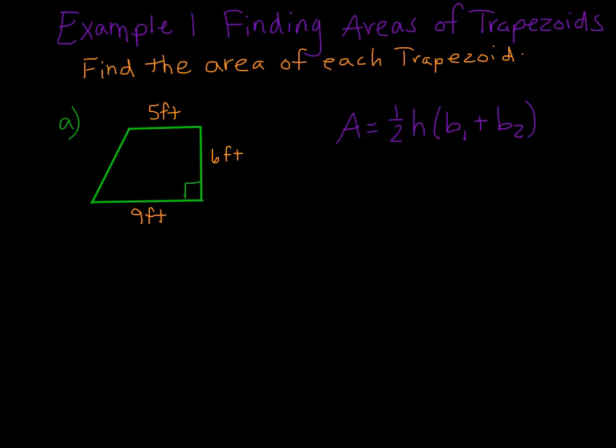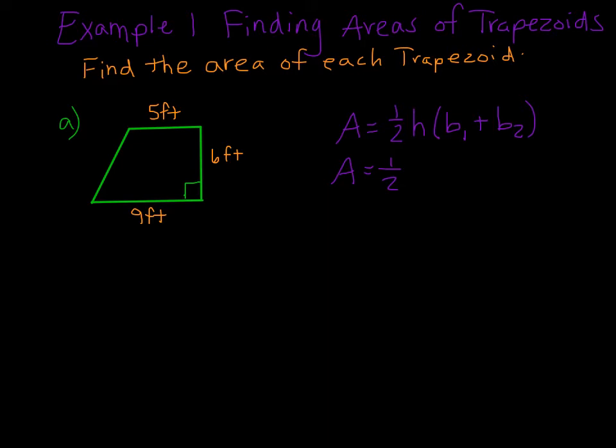So you start the problem off with your first A. Your first A is writing out the formula: 1/2 times H times B1 plus B2, and those will always be in parentheses because that's what you need to do first. Your second A will actually be filling in the information. So you start off with your 1/2